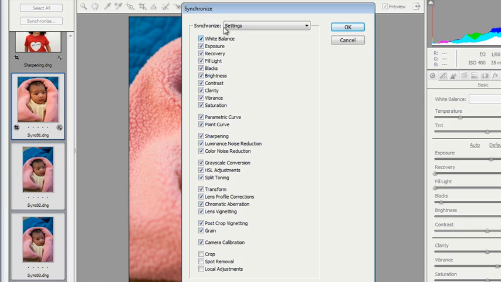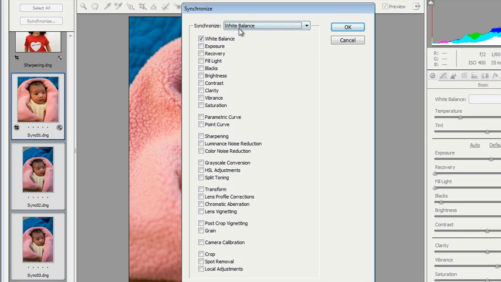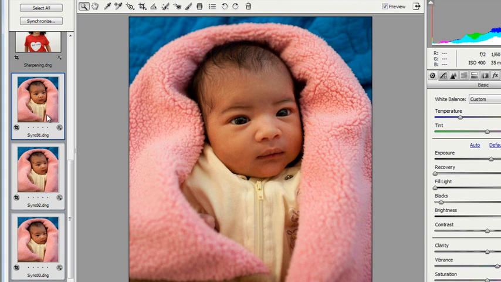Now here I've got everything selected, but we have a pull down menu where we could choose just to select the white balance, just exposure, or just items in the basic panel. And I'll choose that one because those were the changes that I made. They were all in the basic panel except for the cropping. So I can simply add cropping by clicking right in this box. Now if I press OK, watch what happens. The crop and all the basic panel changes are automatically applied to the following two images. So it's a very fast and quick and efficient way to synchronize changes from one image to multiple